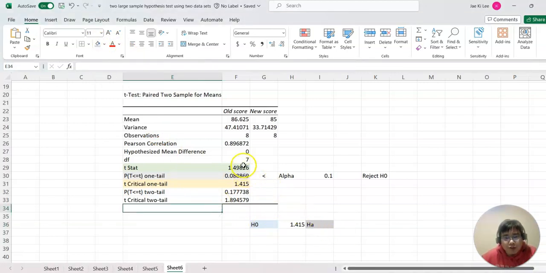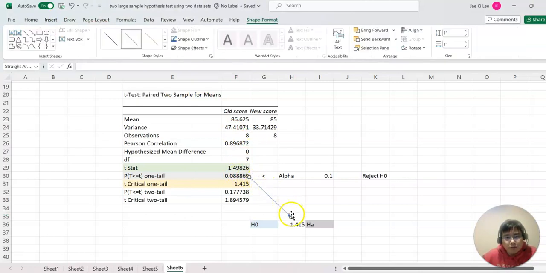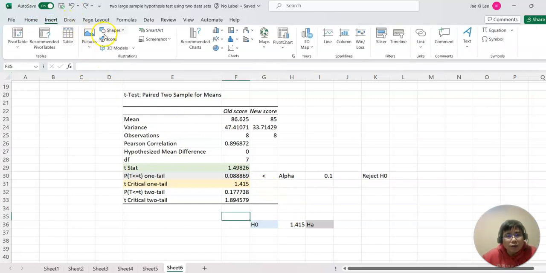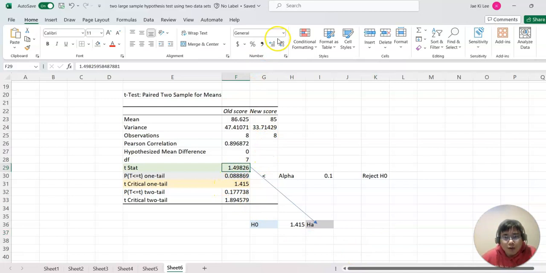Now between these two, where does this t value belong? Does it belong to the H0 area or the HA area? Yeah, obviously it belongs to the HA area, right? Because I can see 1.49826. Okay, rounding to 3 decimals so we can see a little better, 1.498 is bigger than 1.415, so it is located on the right side, which is the HA area. So based on that, we can also reject H0. Okay, so the claim is HA, we reject H0, so therefore,